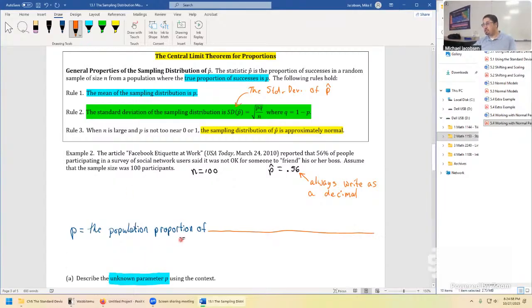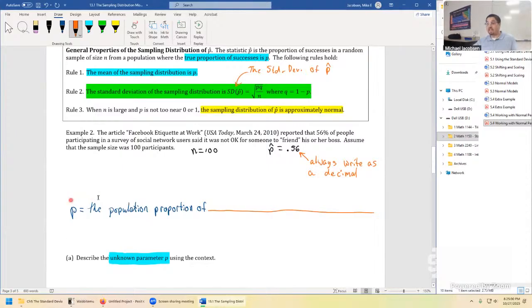So far, not so bad in a certain sense. It's always going to say, if you're dealing with P, you're dealing with a proportion. It's a parameter, so it describes a population. But what goes in this first blank is the successes in context. So we have to say what the successes are in each problem. This one's a pretty short context, so it's not so bad, but sometimes they do get kind of wordy and a little bit heavy. We have to say, what is this study all about? That's going to be the successes, and we have to say what it is. So the population proportion of successes for